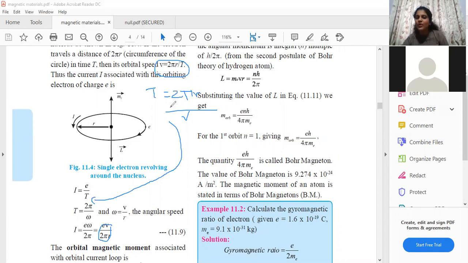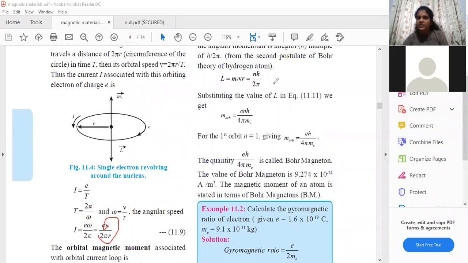Students, you all understood the alternative option, right? Yes, ma'am. Instead of doing this part, I'll just mark it in red. See this red part. Instead of doing this red part, what you can do is take this point, v is equal to 2 pi r by T, modify it and substitute it over here. Whatever you do, you are going to get the same answer.